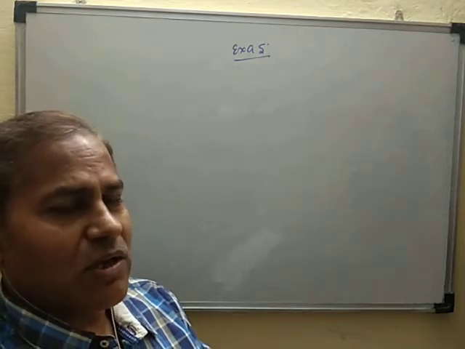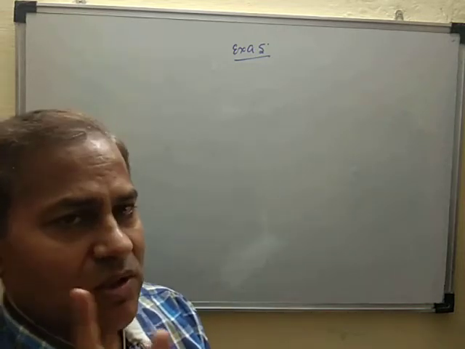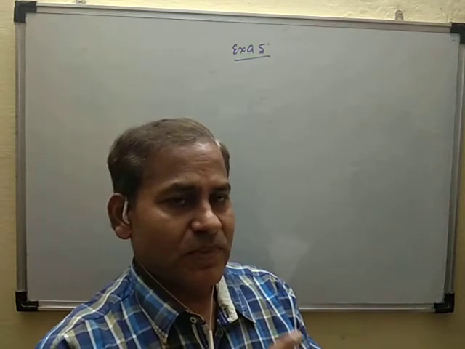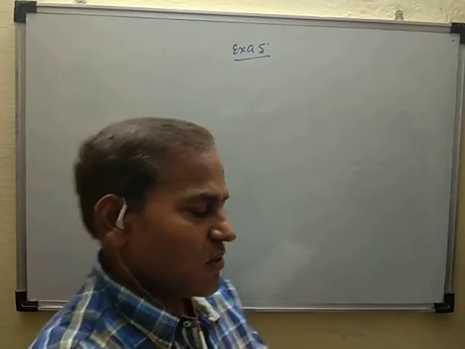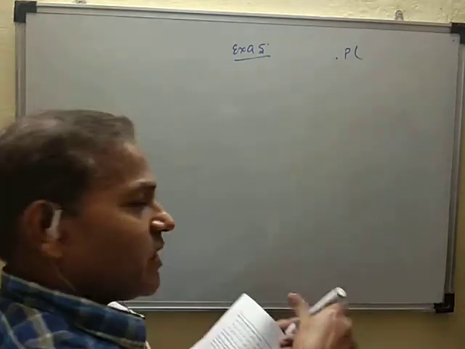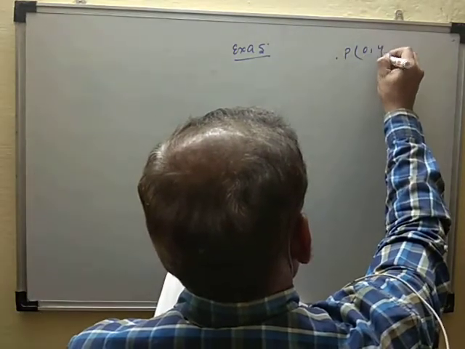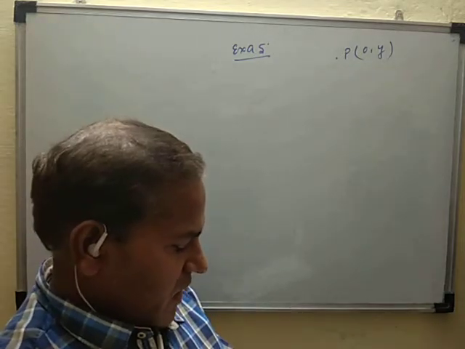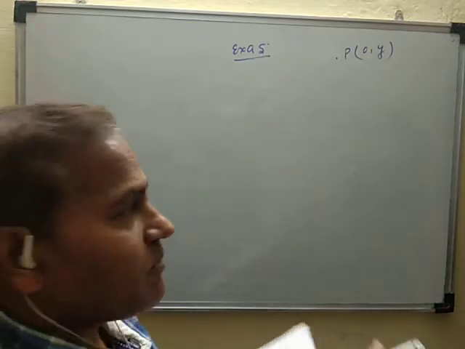Find a point on the y-axis, and you know that any point which lies on the y-axis has x coordinate 0. So suppose this P is a point which lies on the y-axis. Let the coordinate of point P be (0, y), x coordinate is 0. Find a point on the y-axis which is equidistant from given point A and point B.